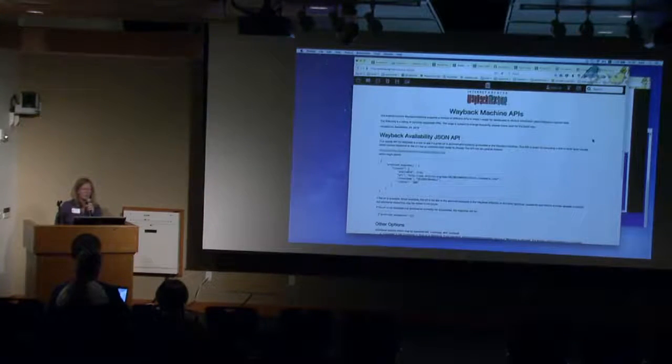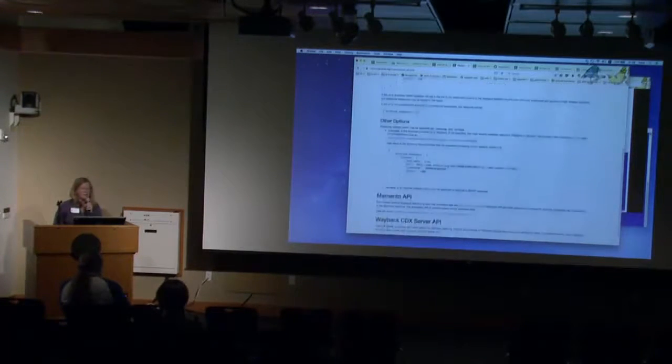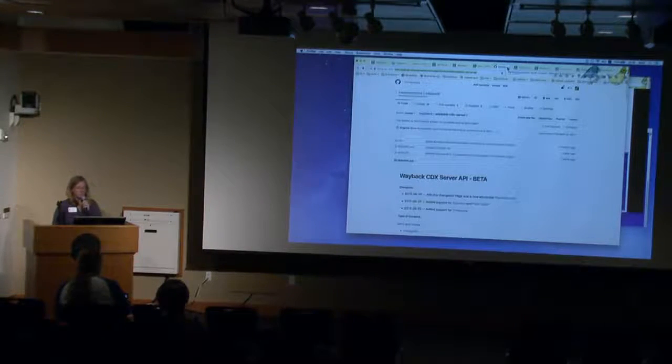And there's a little bit more information about the availability API as we scroll down this page. And a link here also to the Wayback CDX server API, which is kind of the grown-up version of this API that actually allows you to query directly the data layer that the Wayback Machine itself, well, not just to query that layer, because of course you're doing that with the availability API as well, but